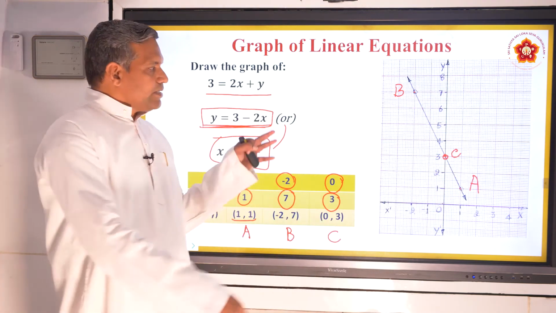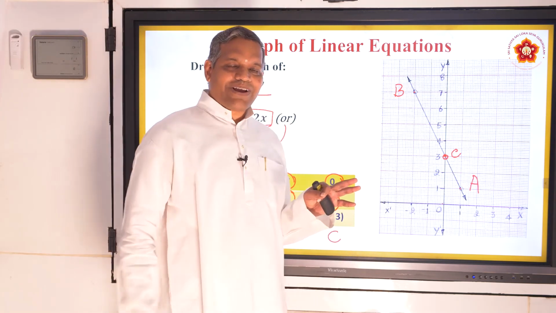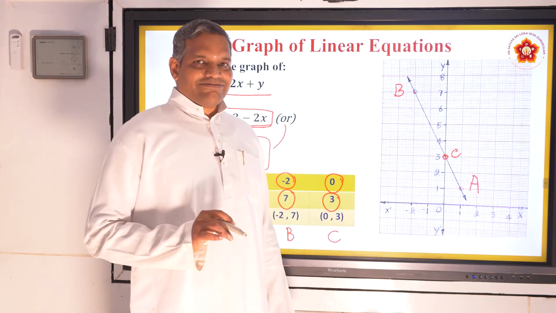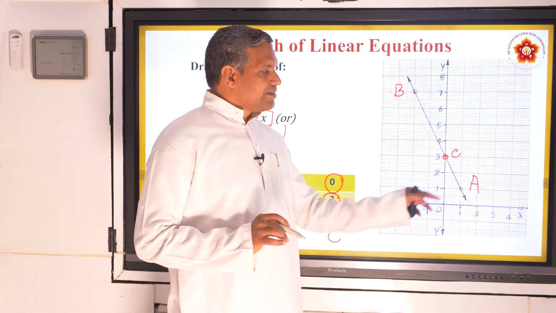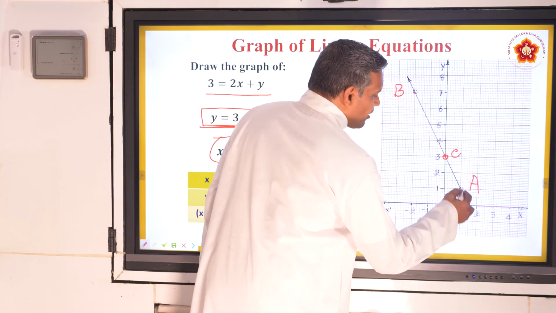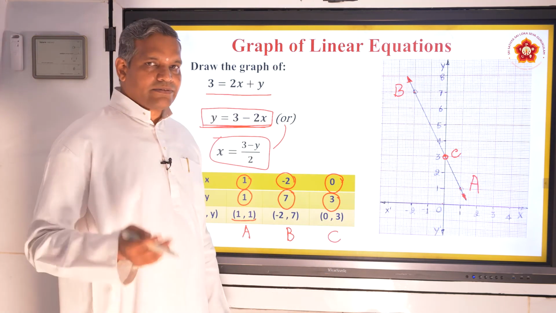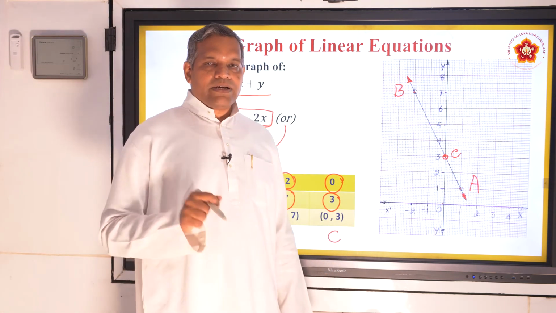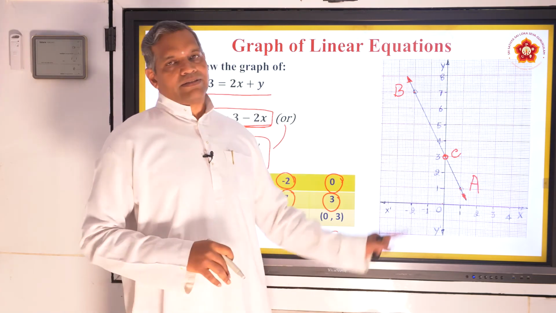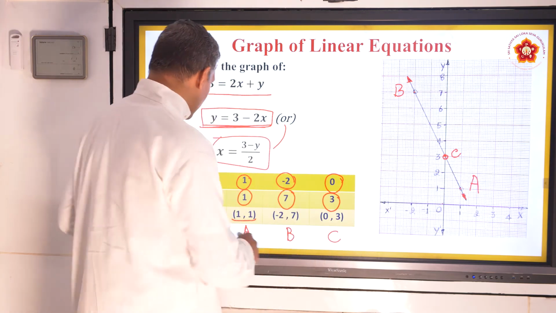I get all the 3 points and then take a ruler. Always, the moment you take a ruler and draw a line, if they don't fall in the same line, somewhere you went wrong with your graph. So now they are falling in the same straight line. Finished. You got your answer. Don't forget to draw the arrow marks on either side. Comfortable? So now you learned how to represent an equation on a graph sheet. Go to the next.